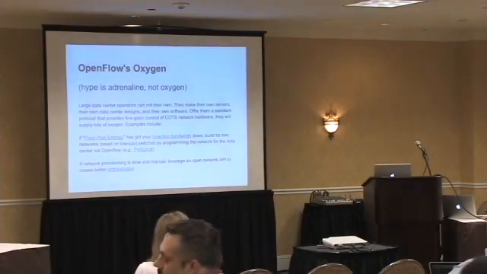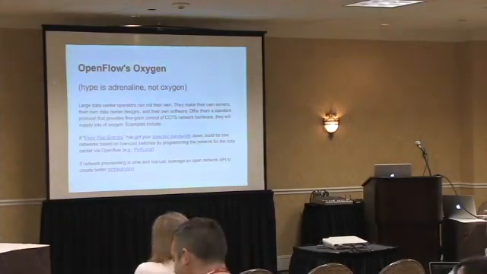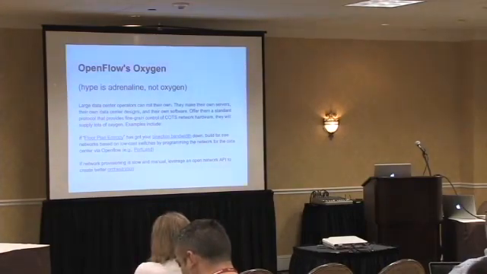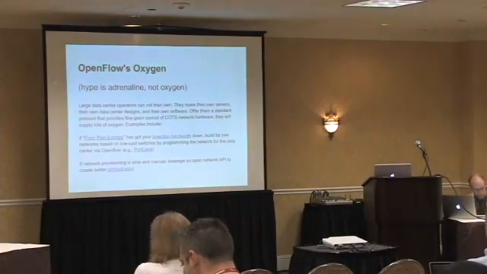So OpenFlow exposes this abstraction called a flow table, and that flow table has different columns. One column is something called the header fields. These are things that will identify a packet to which you want to perform some action. And the header fields,